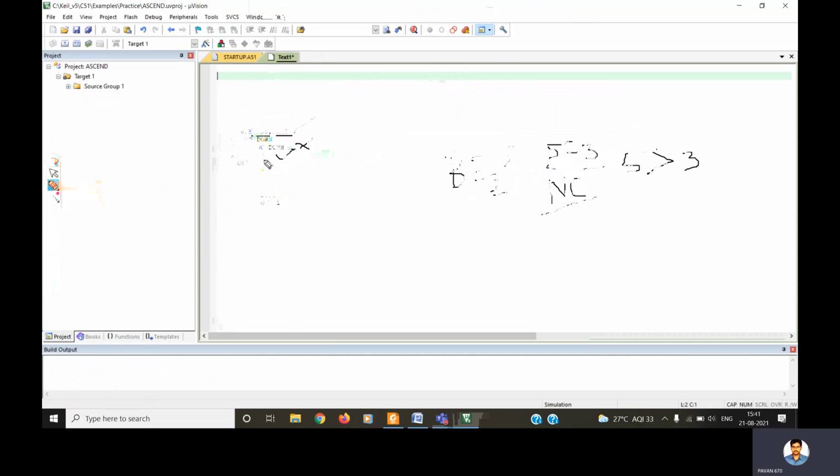So move A comma R1... sorry, move @R1, A. So what is the value now loaded in A? It is 5. Now coming to this analogy here, I'm just trying to write here. What is R1 referring to now? In which location is R1 referring? The 31H location. So what is the instruction I have written? Move @R1, A.